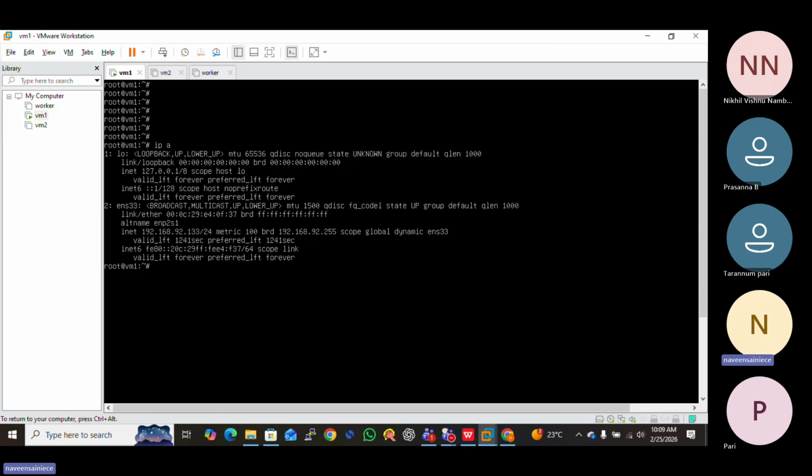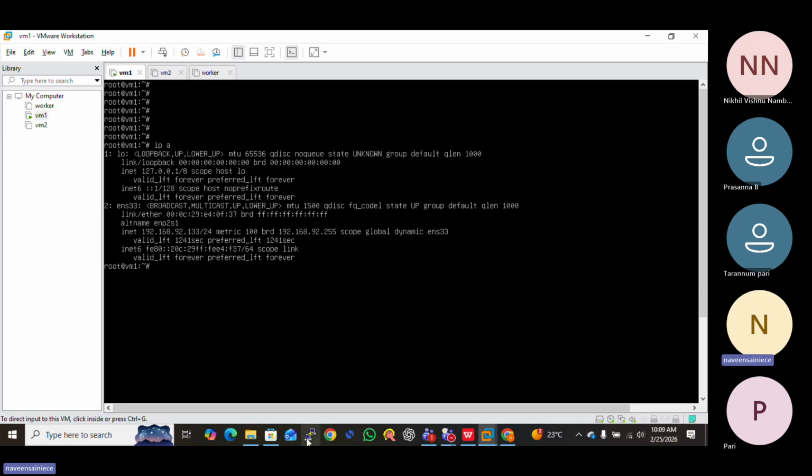So what IP address are we getting for this VM? It is 192.168.92.133, because inside our virtualization the network is 192. You can see here the ENS33 network adapter.